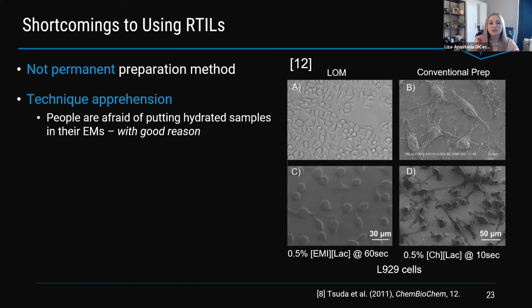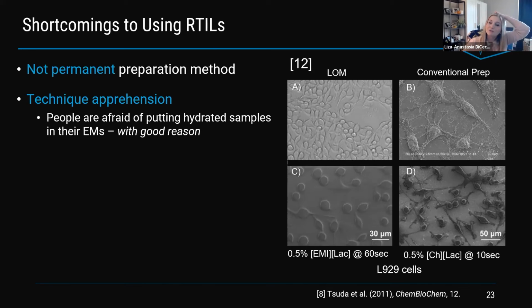So when I'm doing studies there, I'm often either looking at the sample before in another microscope before putting it in, or I'll put the sample into our quick loader, leave it under vacuum in there for a little while, and then load it into the chamber. So there's a few things you can take to slowly get used to this technique and use it more commonly, but it's something to keep in mind.